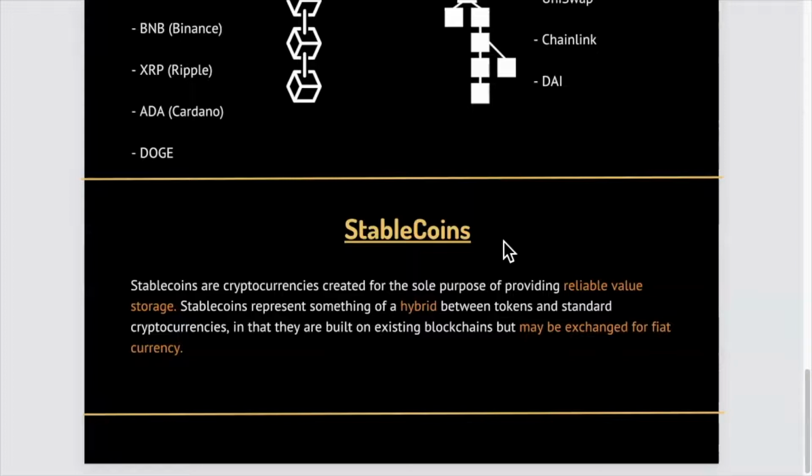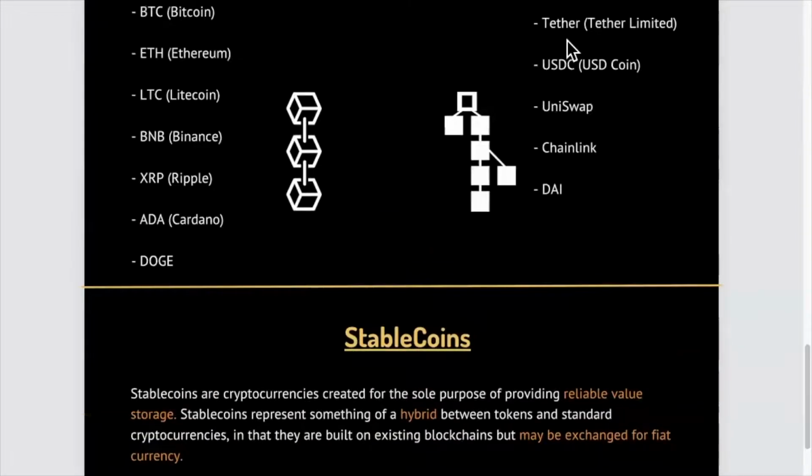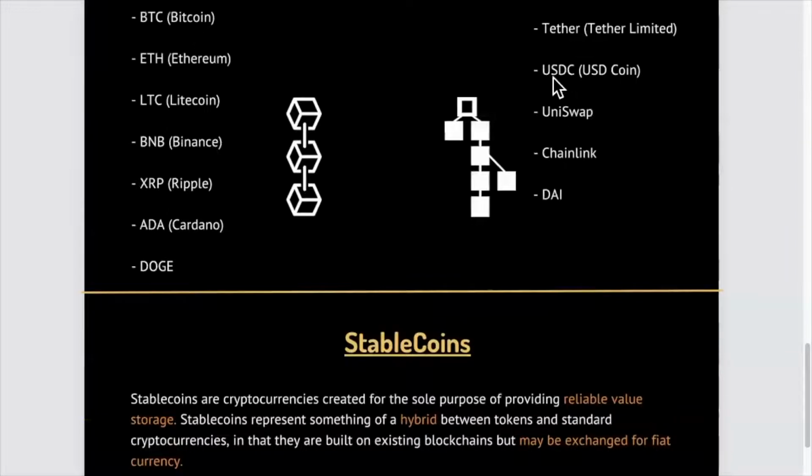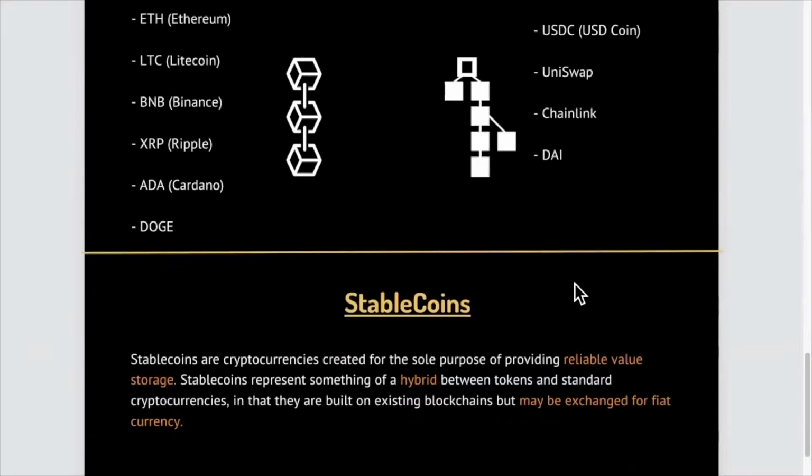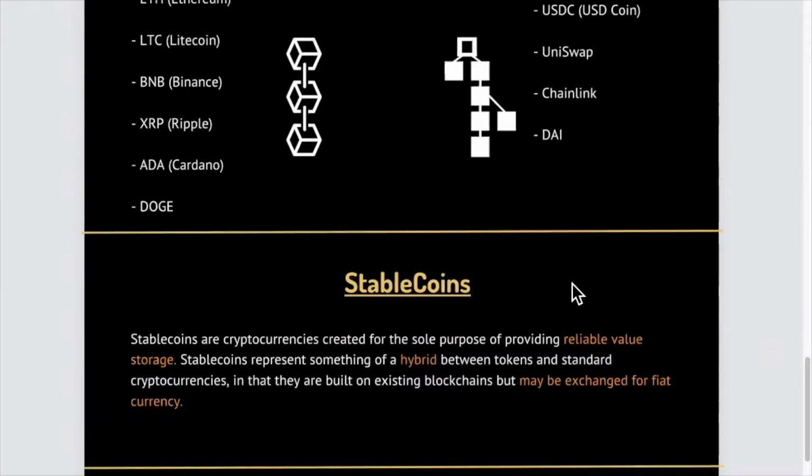The most famous stablecoins known today are Tether, which are issued by the Tether Limited Corporation, and USDC, which is a newer competitor to Tether. The Tether Corporation had a lot of issues back in the day, even though they are the largest stablecoin today. They had a lot of issues surrounding their legitimacy. So USDC is a more decentralized way to do stablecoins, and it's gotten a lot more popularity.